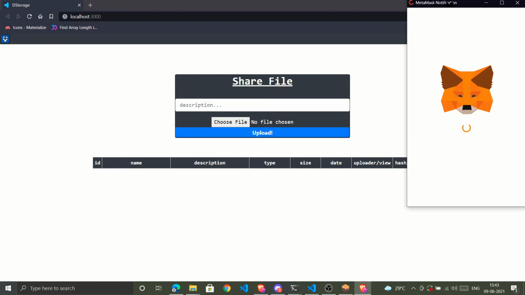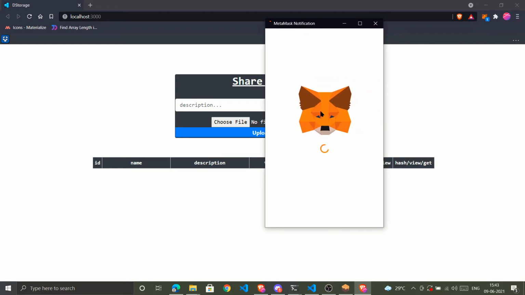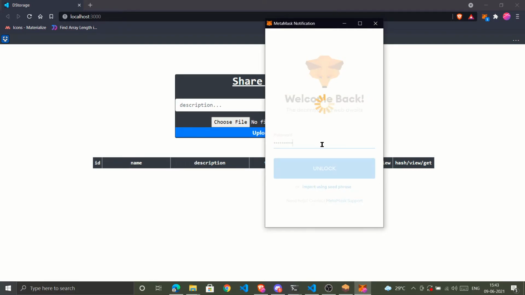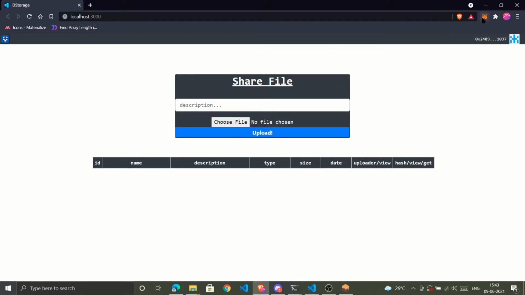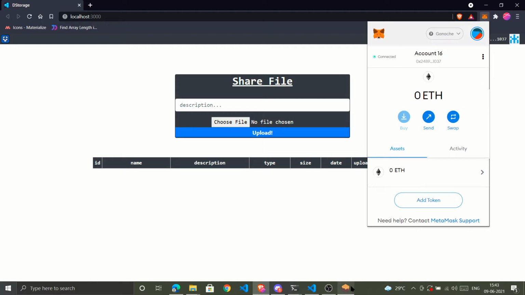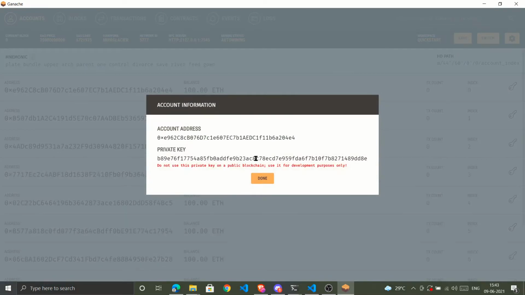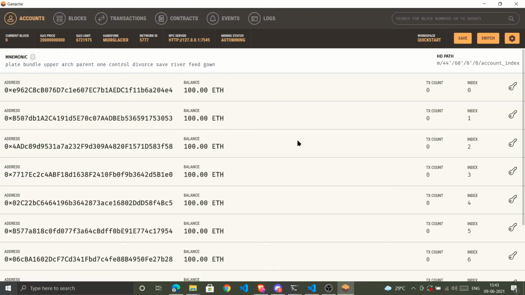Finally, our local server started. Now we are going to connect blockchain to the MetaMask to make it a blockchain browser. The next thing which we need to do is import a test account from the Ganache server. So we have to copy paste the private key.